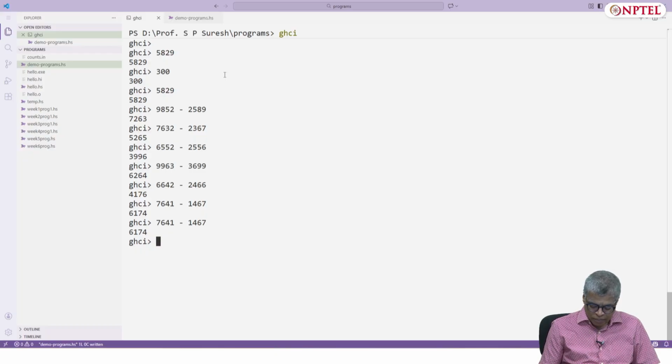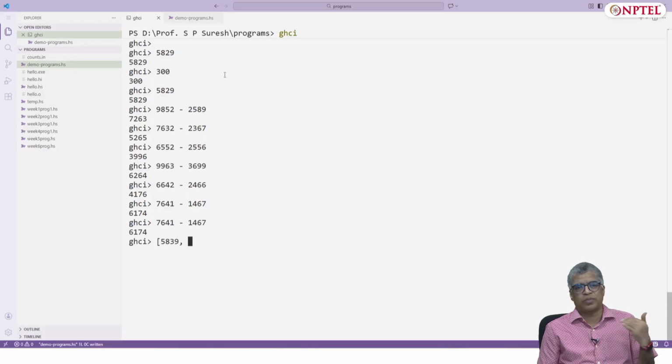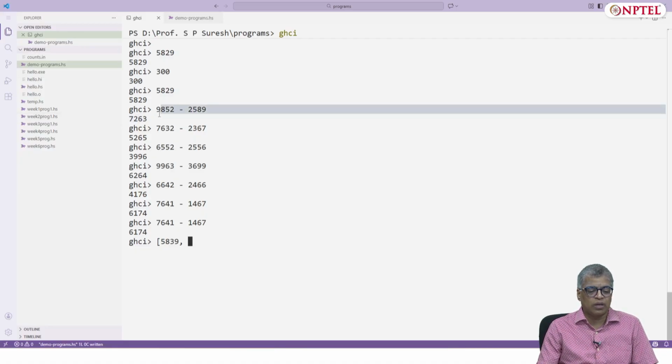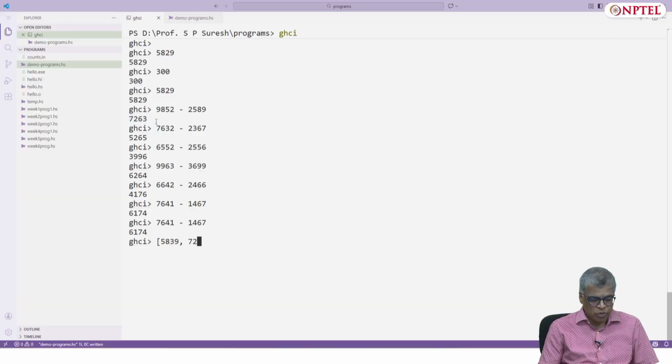The original number 5829, followed by the number you got by subtracting the ascending order of digits from the descending order of digits, which is 7263, followed by 5265, followed by 3996, followed by 6264, followed by 4176, followed by 6174.